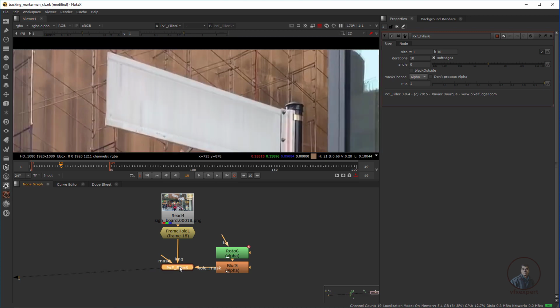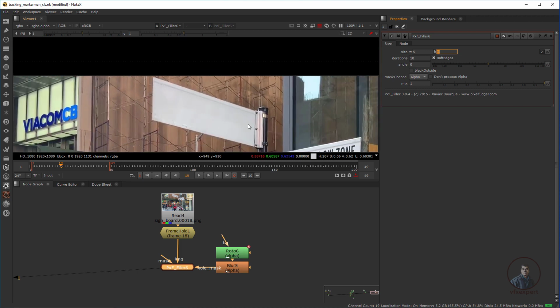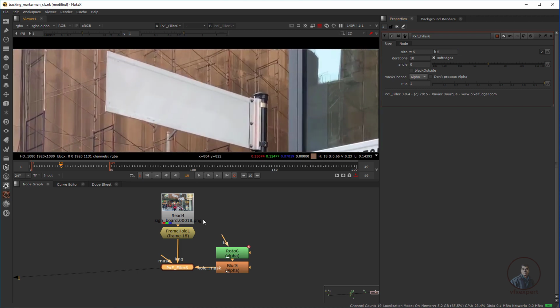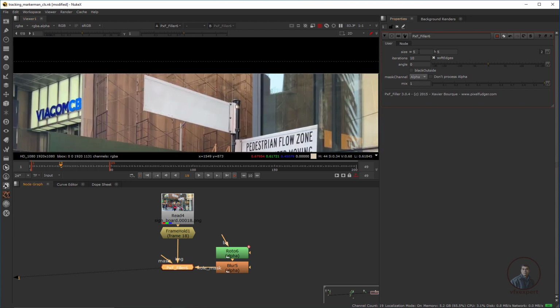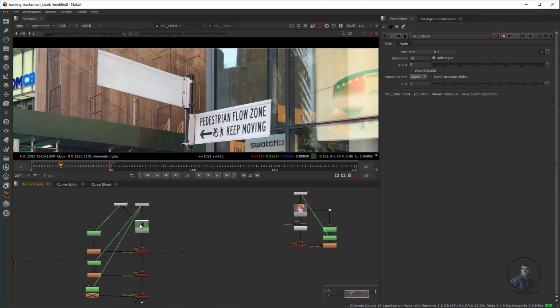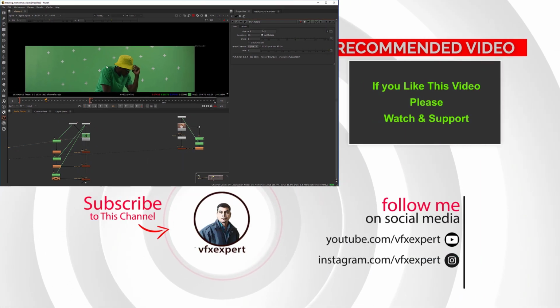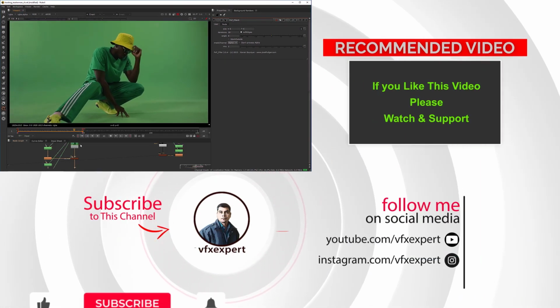So what we can do is again double click and adjust all these values here. Now make it maybe 5. So you can see here, you can also make it 5. Now we are getting this result here. So using the same node you can also create a clean plate, and the remaining values you can adjust, maybe this side and angle also. So here I have explained all these examples where you can use the pxf filler node inside Nuke.